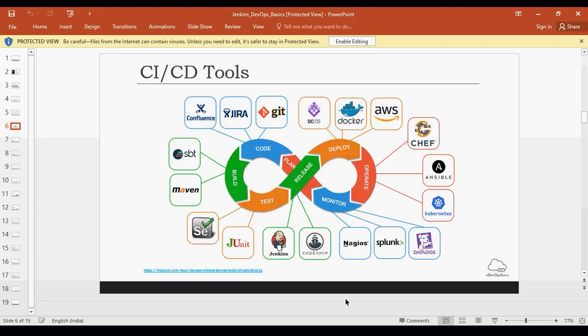Then for testing, for end-to-end testing, you have Selenium, Protractor, or many other different tools available, depending upon what kind of project it is and what tools have been finalized or configured.